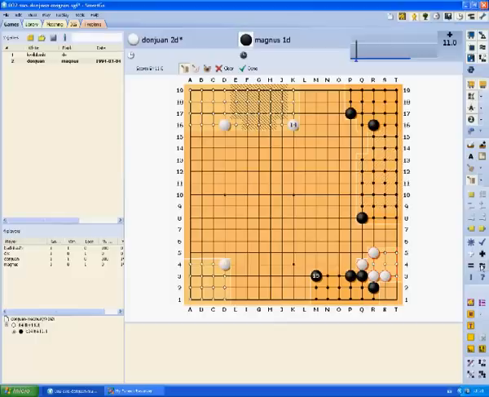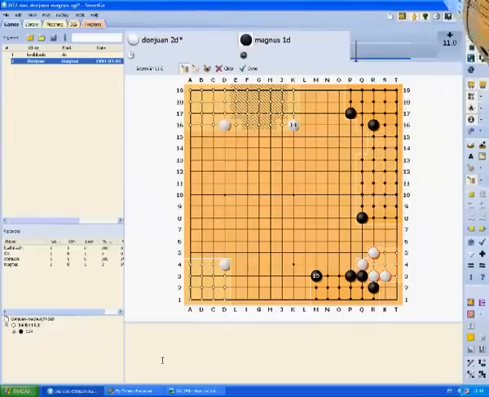Now let's go on with Fuseki. Talking about Fuseki, if I click here, we enable the Fuseki matching, and we can see that this position isn't found in the library. It's full of pro games, so it seems like pro people don't play these positions.